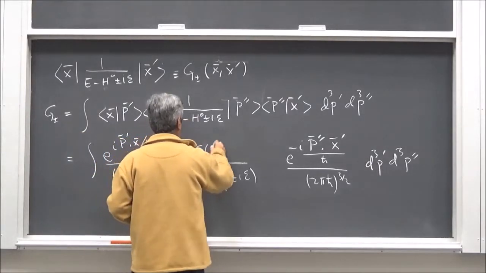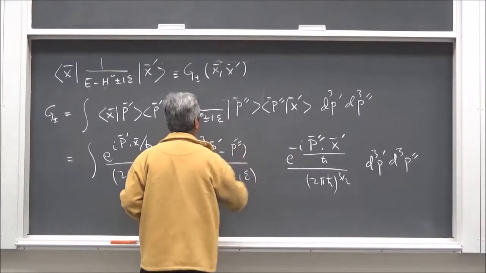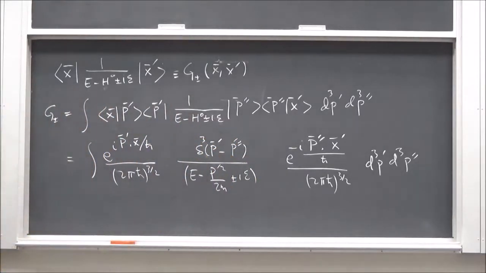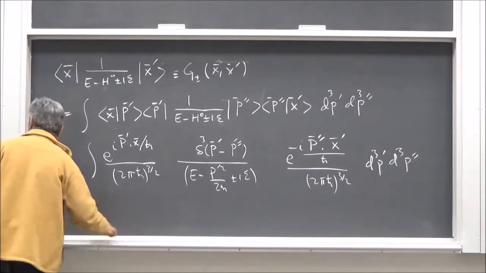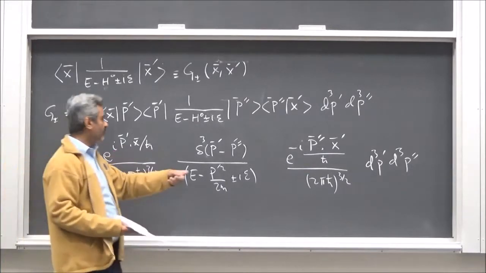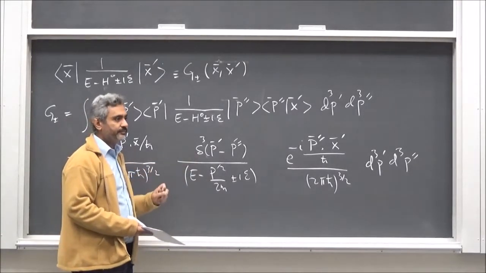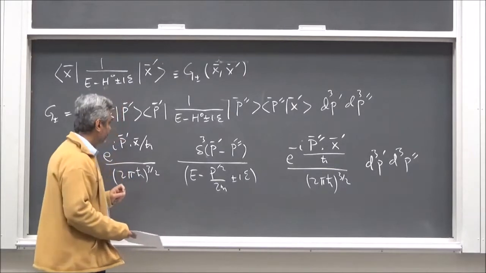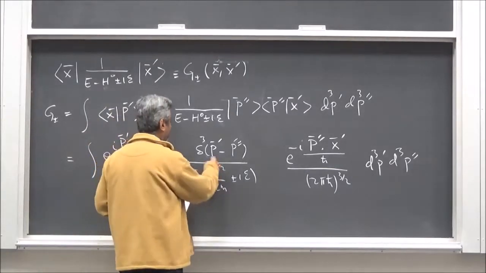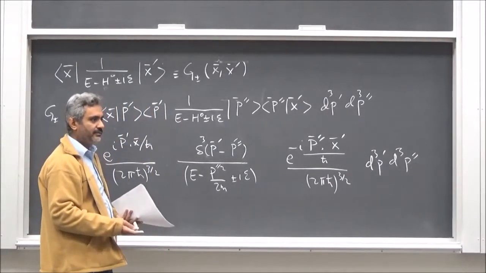Delta of P prime, delta cube of P prime minus P. Yes, that's what it is. हाँ ये ठीक है, ये पॉइंट आउट किया है सर कि नीचे पर डबल प्राइम नहीं आना चाहिए। डेल्टा फंक्शन से नहीं पड़ता। तो वो हो गया।